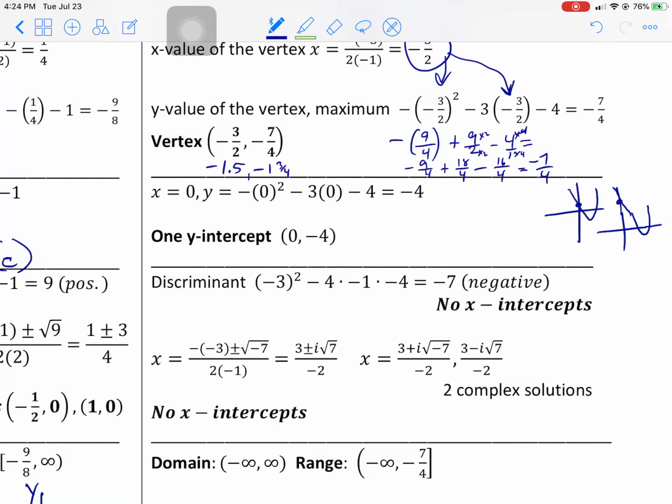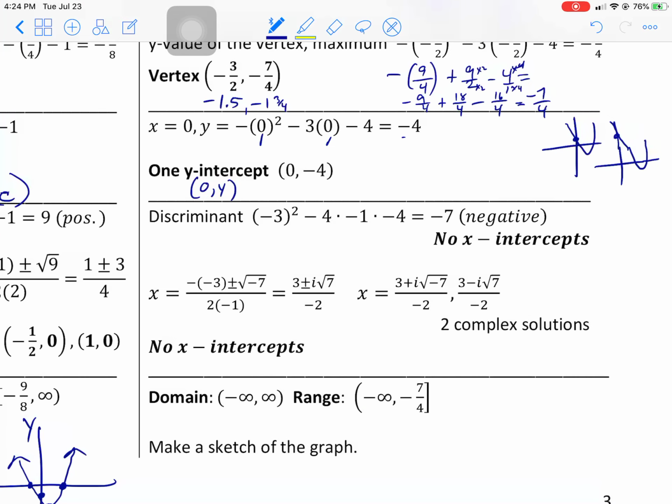So to find it, any Y-intercept is a 0y. So it'll have a 0 in the X. You put the 0 in for the X, solve, you're going to get a -4. Okay, I'll graph this one in just a second. A little sketch. All right, the discriminant,